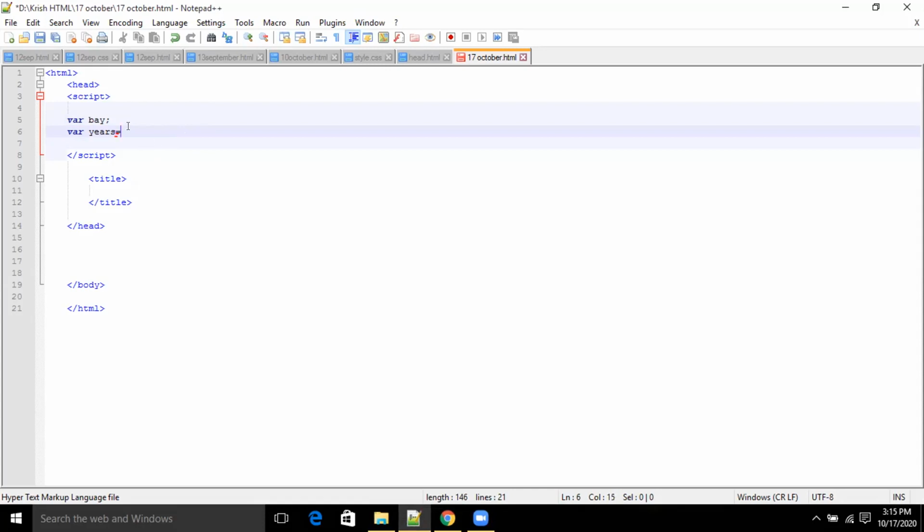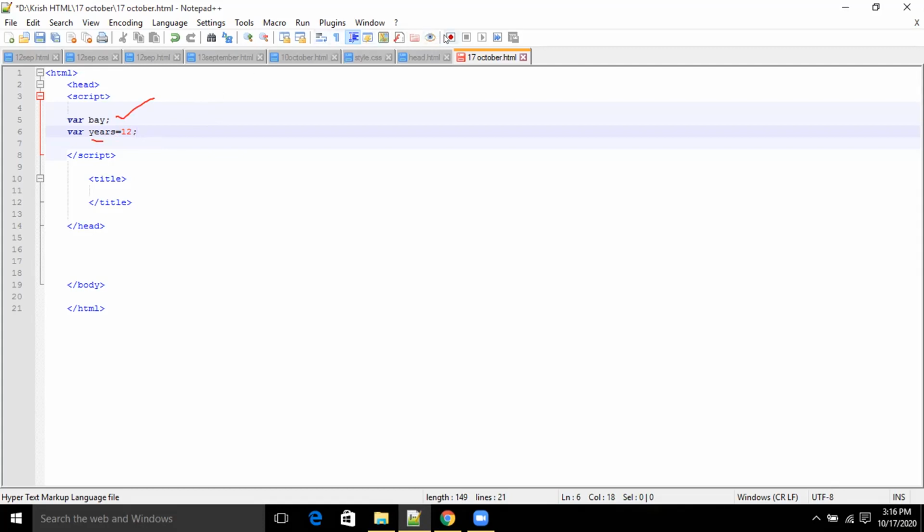Equal, and put your age over there, whatever is your age, and put semicolon. So now the first one is an example of a variable which does not have any value. It is an empty variable. But the second one, we have defined a variable by years, and we have also defined what is the value that is stored in this particular variable.